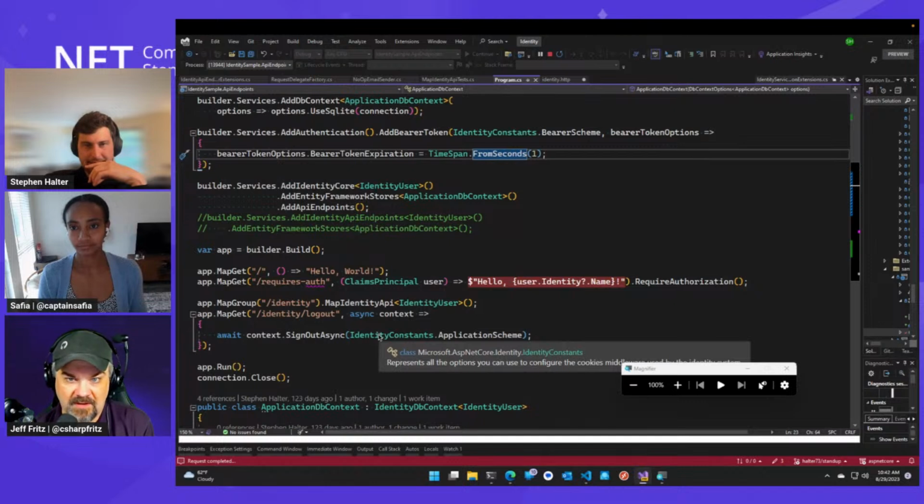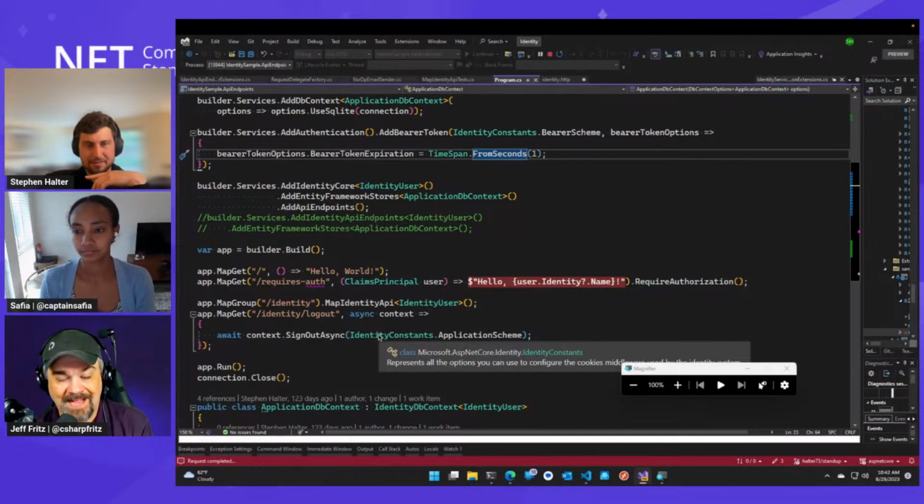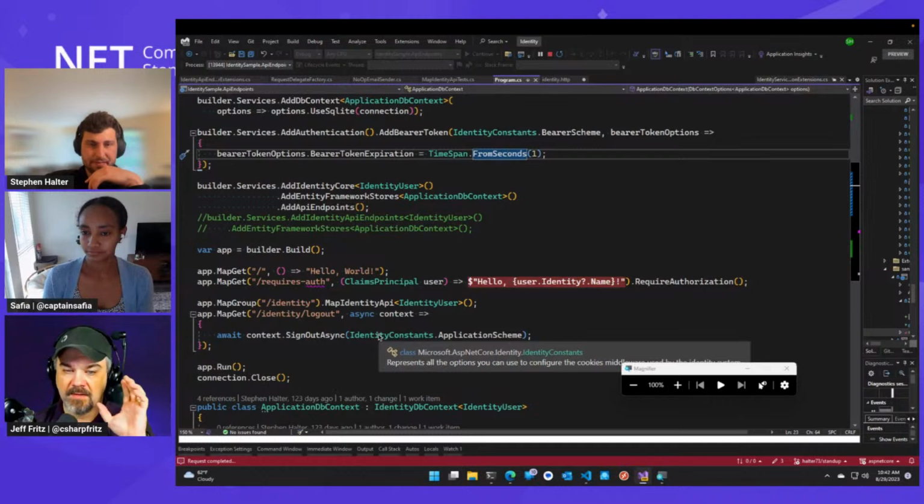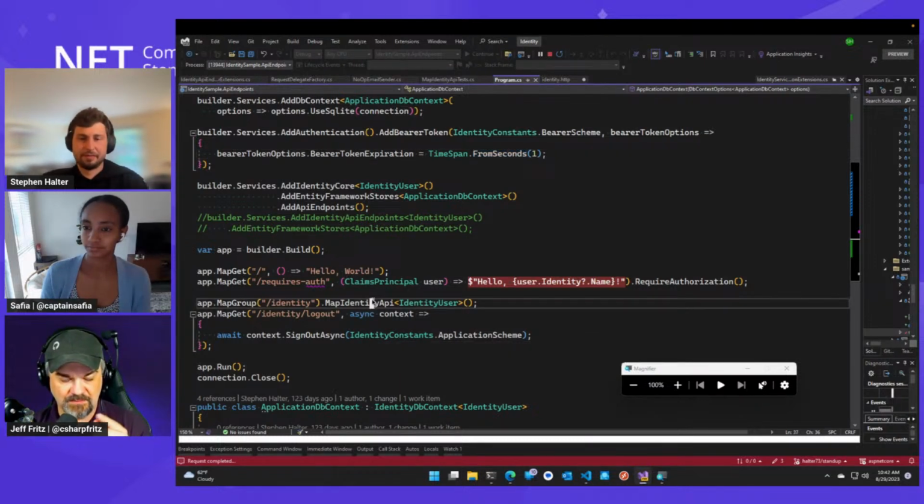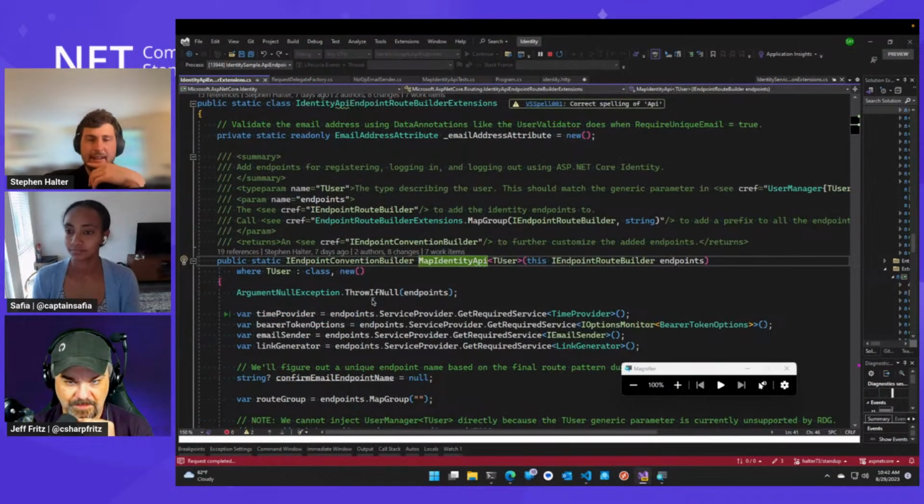So there are a bunch more questions about how this is going to integrate, and I know we're still early in the development of adding the identity APIs. And I want to make sure we have time for Safia, because there's a bunch more we want to talk about with Safia. Can you follow up with some of the folks on YouTube here and check in there as we transition over to talk to Safia?